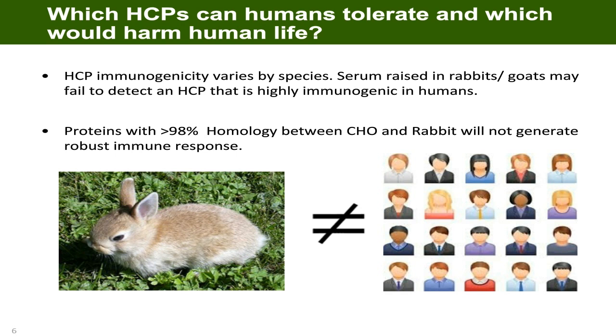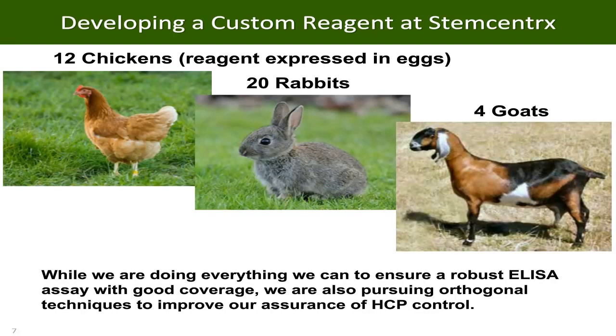At StemCentrix, we are still developing an ELISA reagent, but we're not using just one organism. We're working on developing a reagent in chickens, rabbits, and goats, and we're basically doing everything we can to ensure a robust ELISA assay with good coverage. But we're also